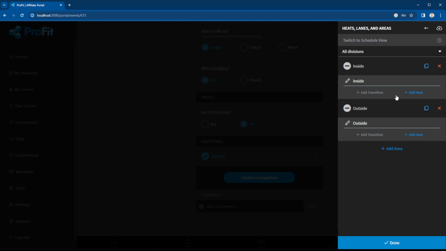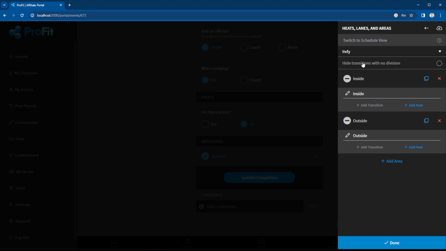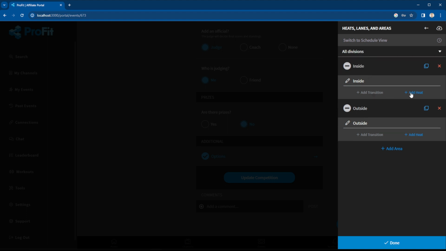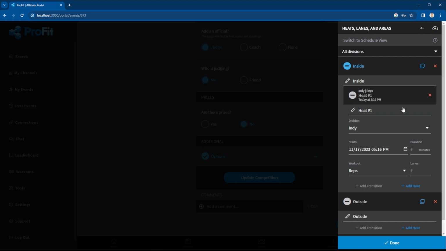Heats actually have lanes, transitions don't have lanes, right? So we could have particular transitions that are only for certain divisions, or we could have them for all divisions. So for instance, this is the all divisions view. If you want to filter to just a single division, you can say that, and it'll give you this option to hide transitions with no division if you really wanted to do so. But for our case, we'll leave it as all divisions, and we'll say that the first heat of the day